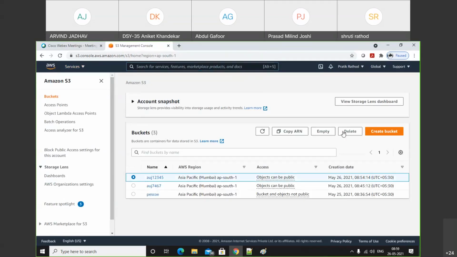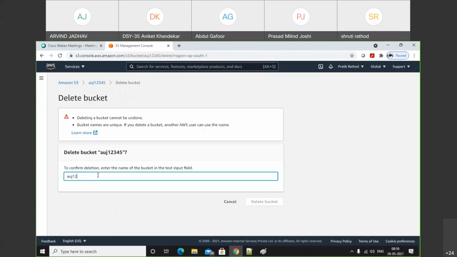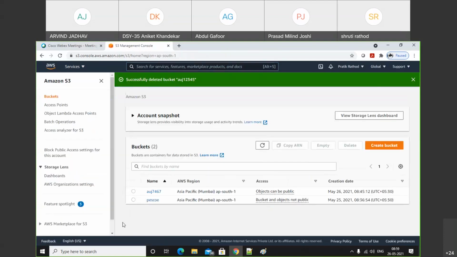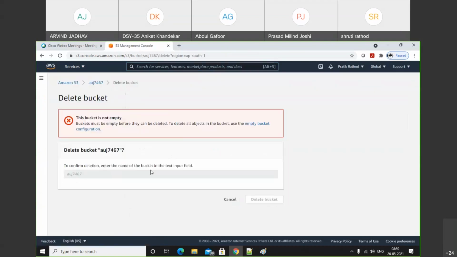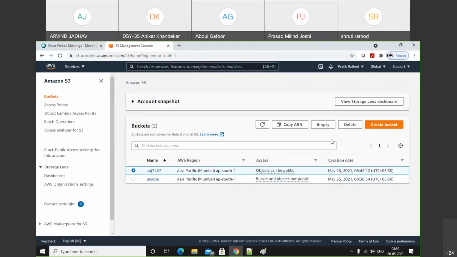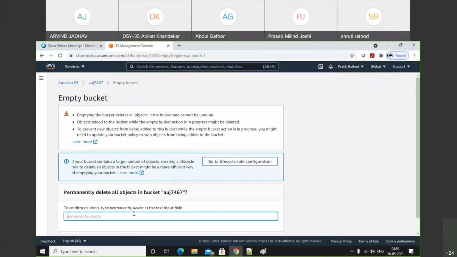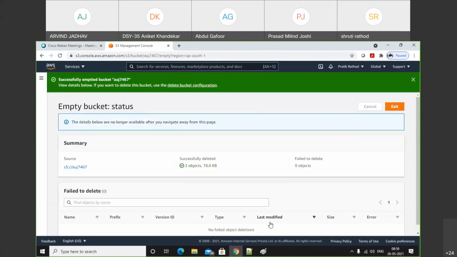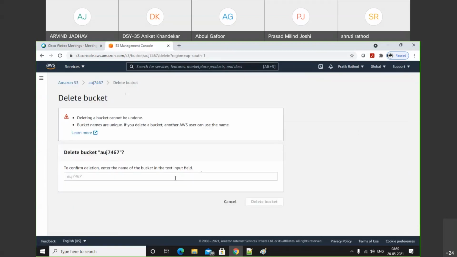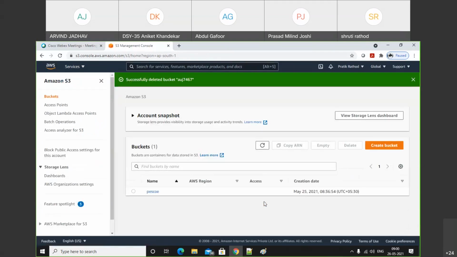Bucket is not empty, so we'll make an empty bucket, and after that we can successfully delete these buckets. Let's create one bucket.